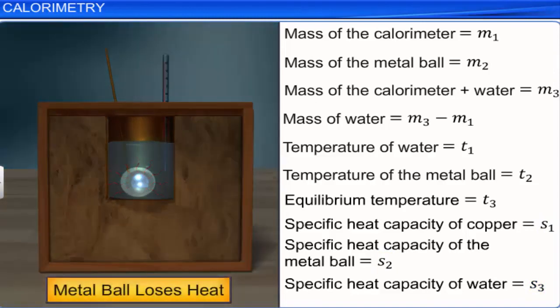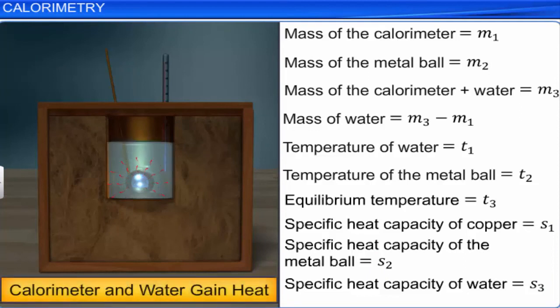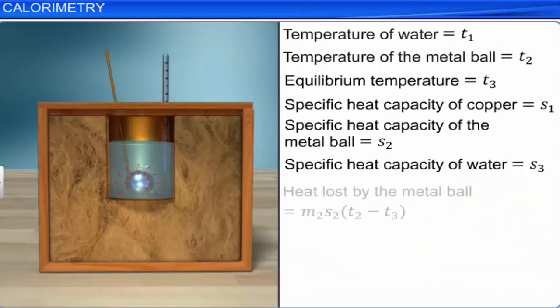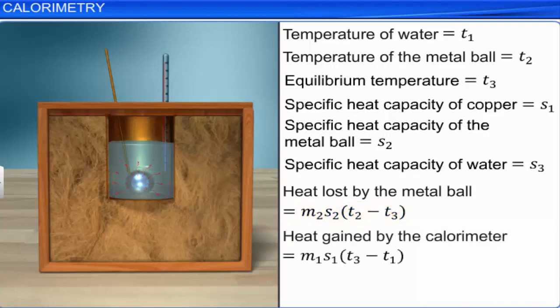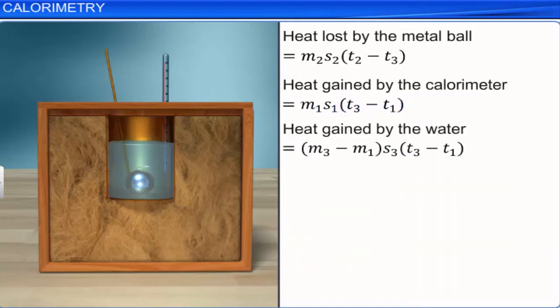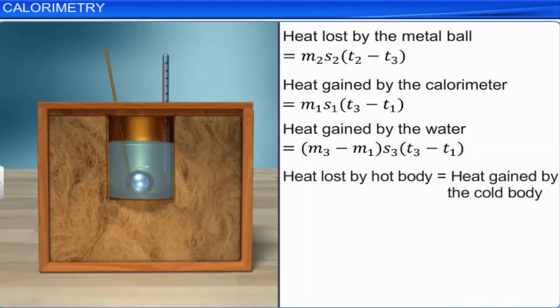Here, heat is lost by the hot metal ball and gained by the cold calorimeter and water. Heat lost by the metal ball is equal to M2 S2 (T2 − T3). Heat gained by the calorimeter is equal to M1 S1 (T3 − T1). Heat gained by the water is equal to (M3 − M1) S3 (T3 − T1). Applying the principle of calorimetry, heat lost by a hot body is equal to the heat gained by a cold body,